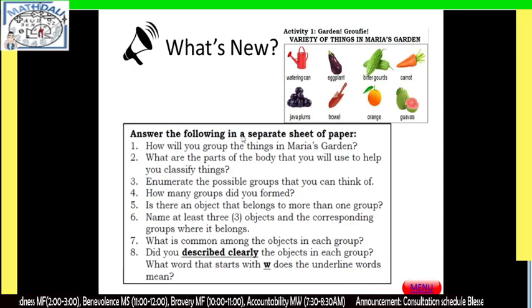Answer the following in a separate sheet of paper. Number 1. How will you group the things in Maria's garden? Paano ninyo i-group tong mga things na to? Makikita ninyo. Number 2. What are the parts of the body that you will use to help you classify the things?